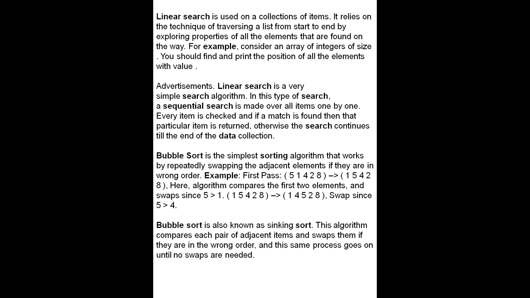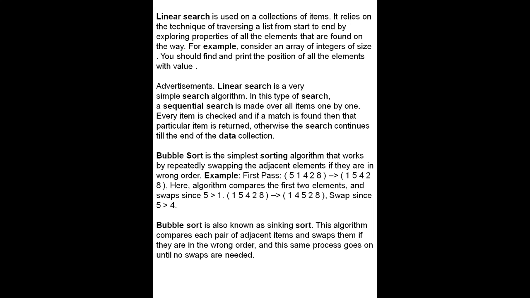Now I am explaining the searches. There are 2 types of search, linear search and binary search. First I am explaining linear search. Searching is one of the most basic operations which can be carried out on an array. It is a process to determine whether a given item, number, character, word or name is present in the array or not. This can be done in 2 ways, linear search and binary search.